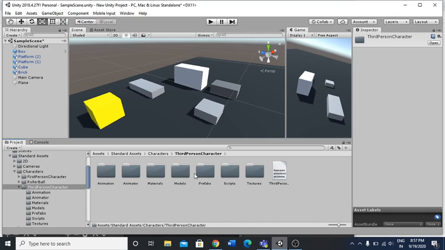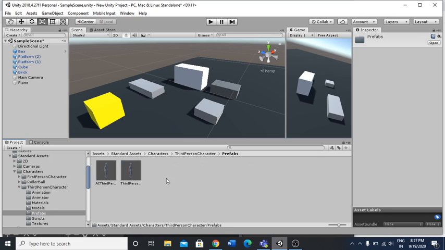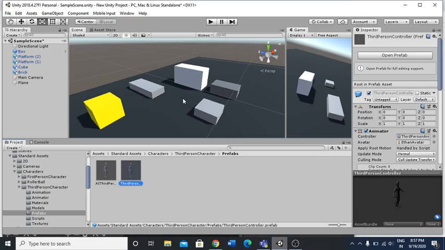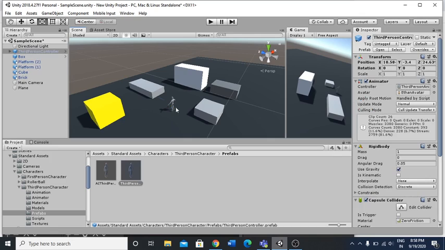Now what you need to do is come on this prefabs folder. Remember this thing, you need to come on this prefabs folder and double click this folder. Here you will get to see some animated characters like this. So you have to pick up this character over here and put it somewhere here on this platform. So this is our character.